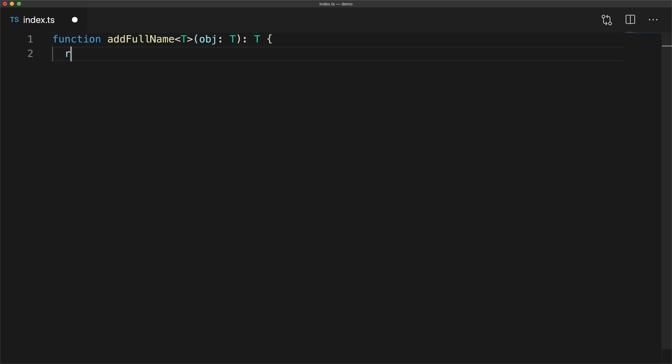Here we have a generic function that takes an object of type T and then returns the same object. At this point, this function is a simple identity function. We can modify this function to return a shallow clone of the passed-in object. Here we are returning a new object and using the JavaScript spread operator to spread all the members of obj